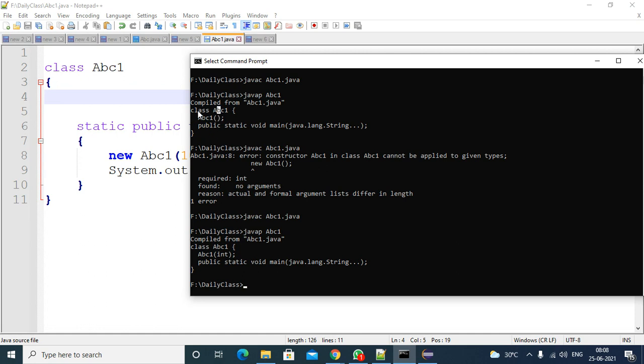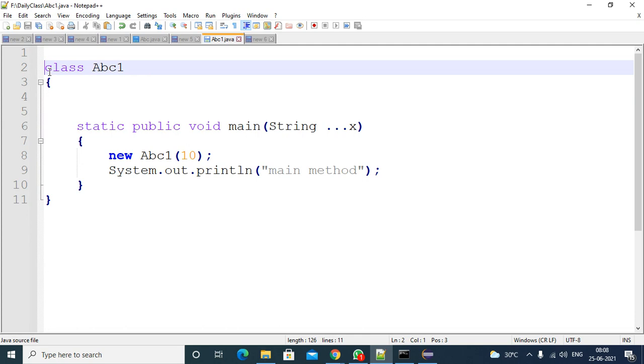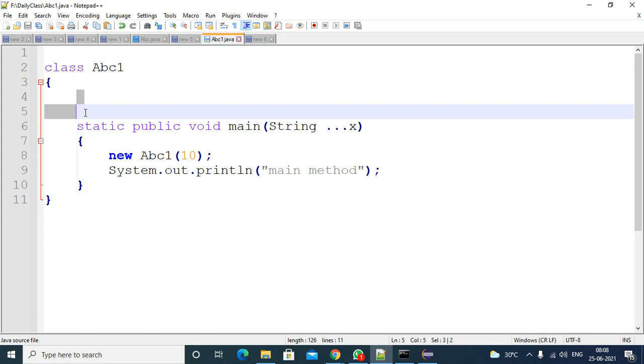Why? Your class has default access. Access level means here you don't have public, private or protected, so this level is the default level. If your class has default access, whatever constructor the compiler adds will be default access only.